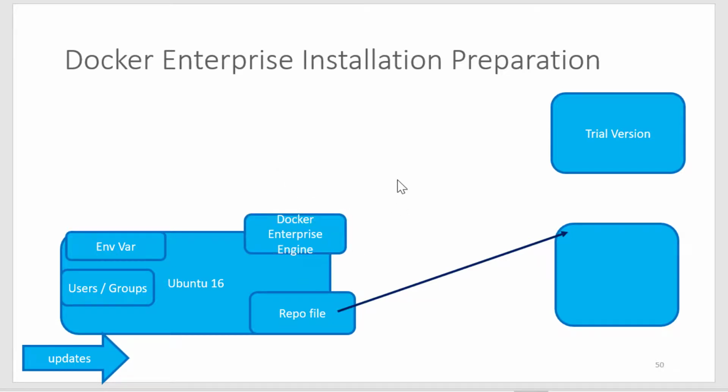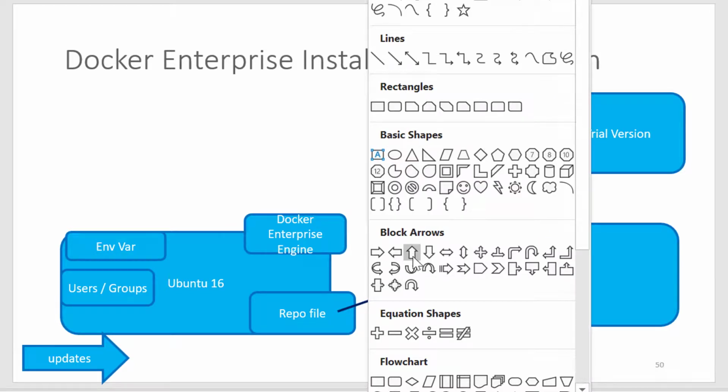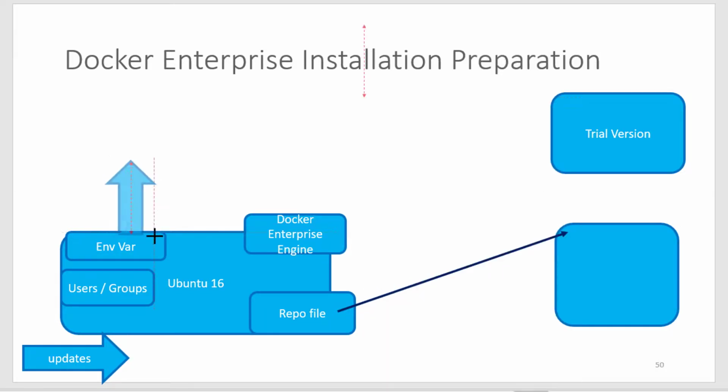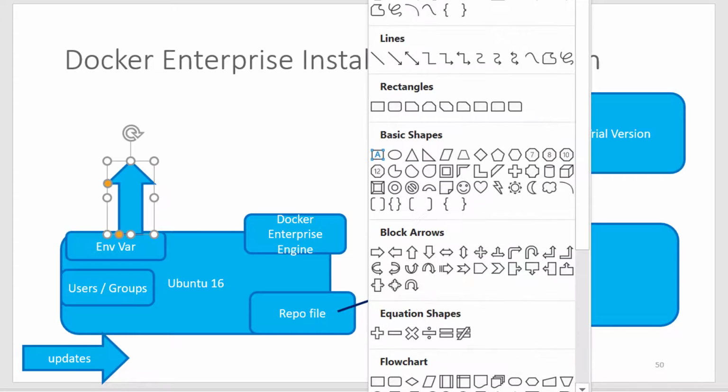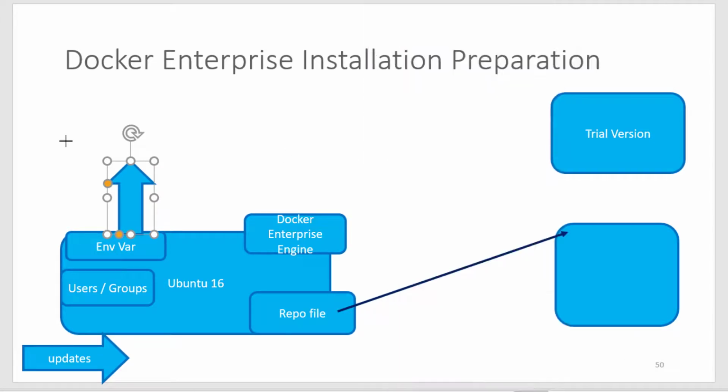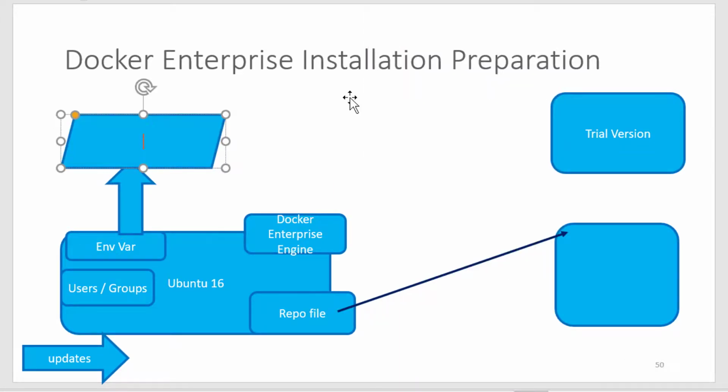Once this particular setup is done, I'm going to have an AMI. AMI is nothing but Amazon Machine Image, which is going to have the exact copy of this particular operating system. And from this particular AMI, I can create n number of machines. Basically, it will help us to do the replication. Since it has the Docker Enterprise engine, the environmental variables, licenses all set properly, I can go ahead and use this particular AMI and do the installation.